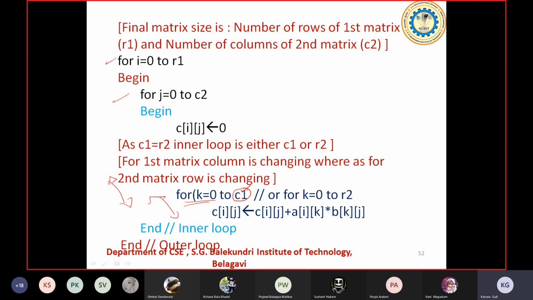So now what I am going to do? In this case, you know that the first element of the first matrix, if it is the A matrix, whatever element is found at the first row of the first matrix, that is multiplied with the first element of the